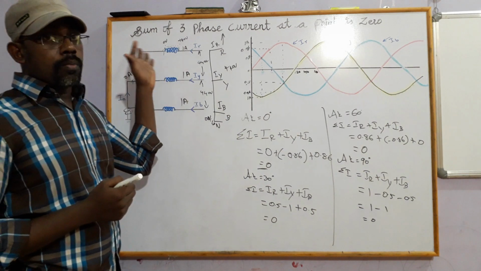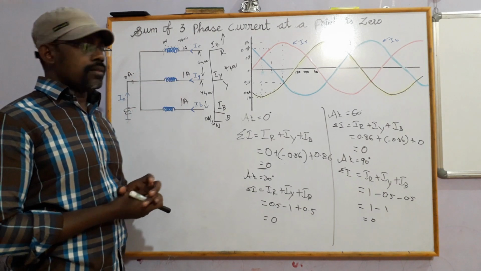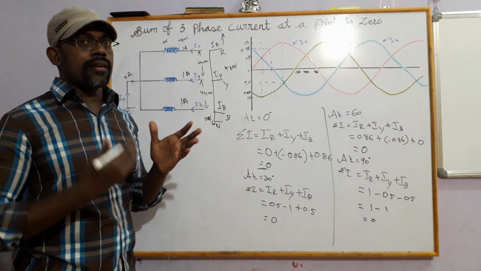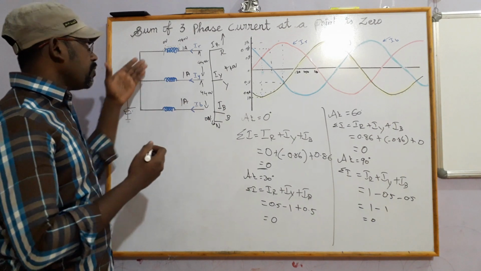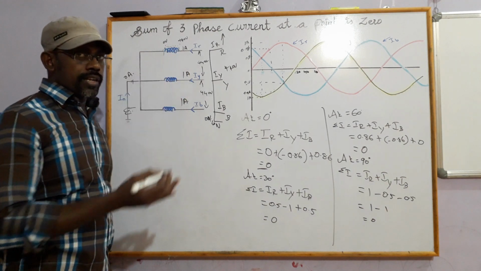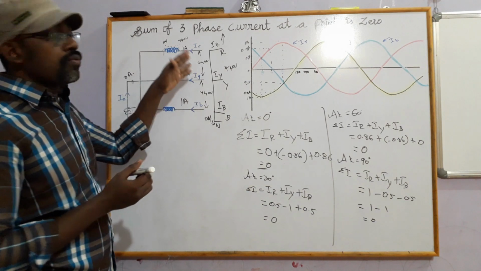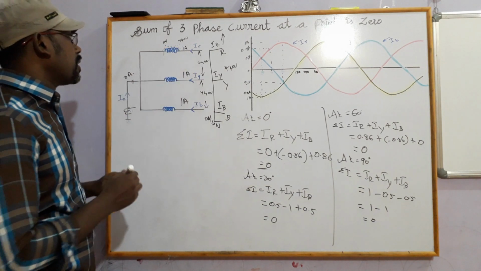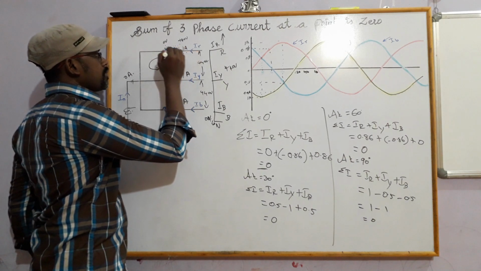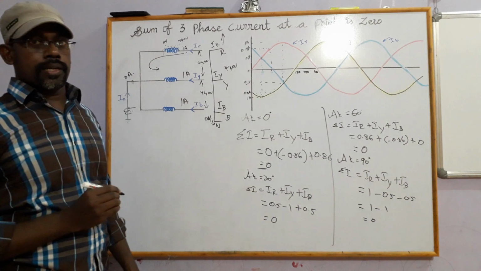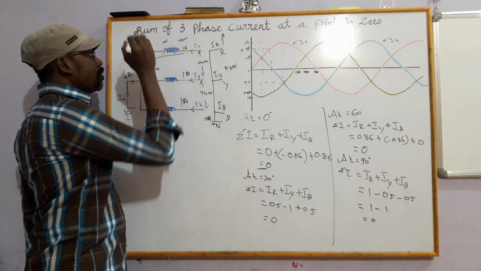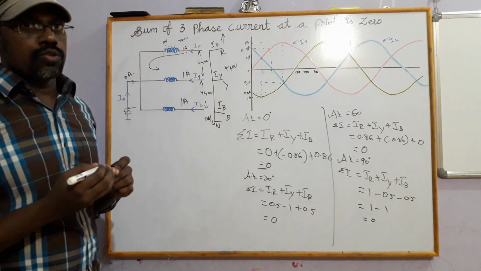This is the property of the winding. This is a high impedance winding. Even when you add a very high resistor in series with the voltage, the resistor will drop the voltage. This is the nature of voltage. But the current will not have any drop. The same current that is here will pass through over here. But voltage, we see here, is high. When you come to the neutral end, the voltage will be nearly zero.